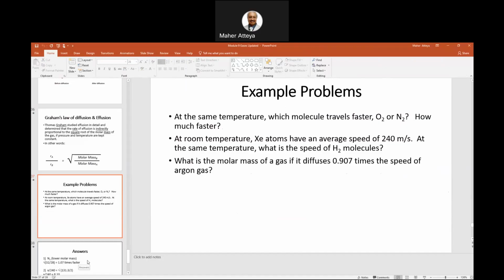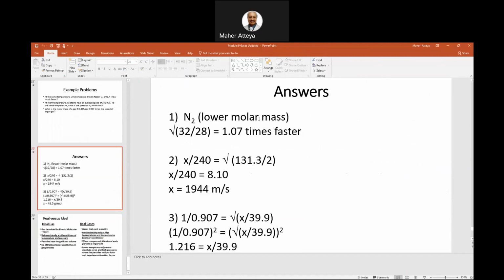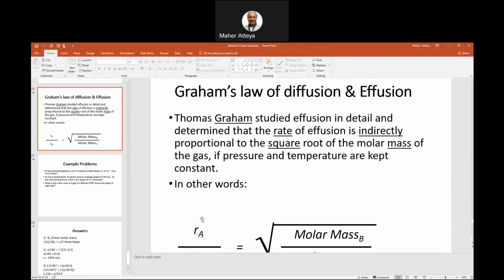And the calculation here is in the second. So lower molar mass, as we said, is always the case. Diffusion means going through a small tiny orifice or hole, and the gas with lower molar mass will go first and faster. So how much faster is it? So you put the formula here. In the top you put